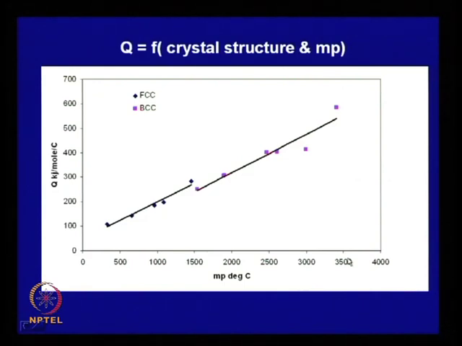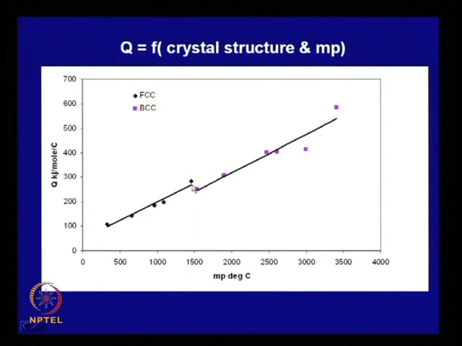First, let us look at this. It does not involve any calculation, just make a plot of activation energy with melting point. Now, this is for FCC metals, this is the trend line. The lowest, possibly this must be lead, and this is the highest, and look at this linear trend. Similarly, this is for BCC, but if you try and extend,